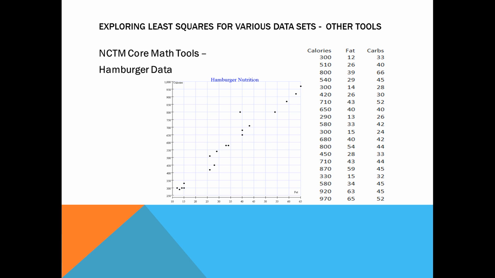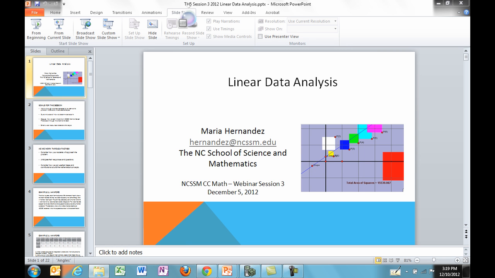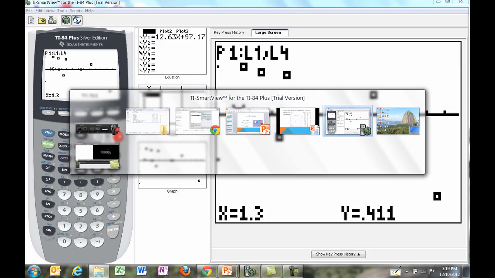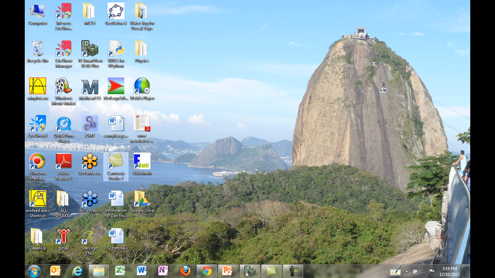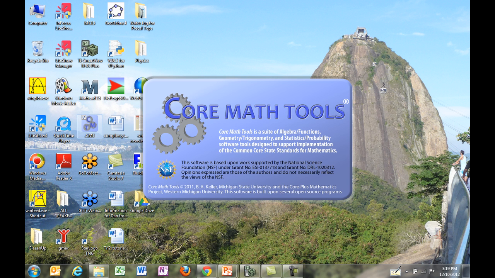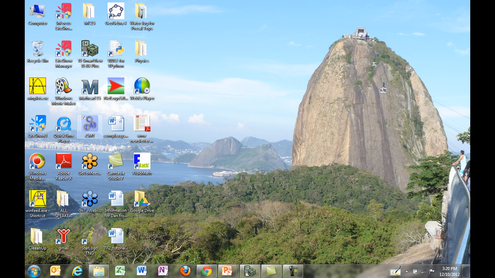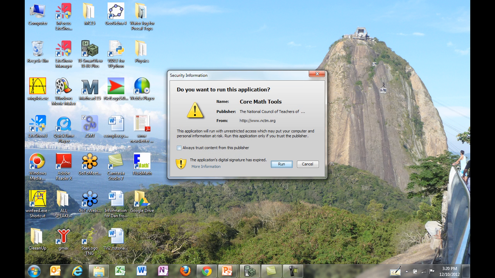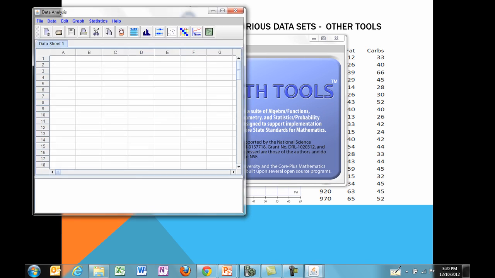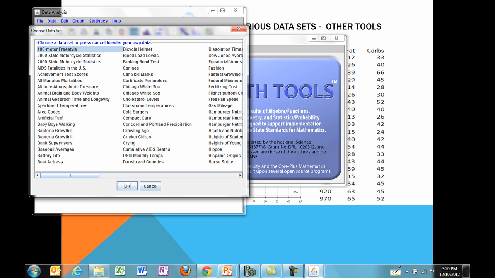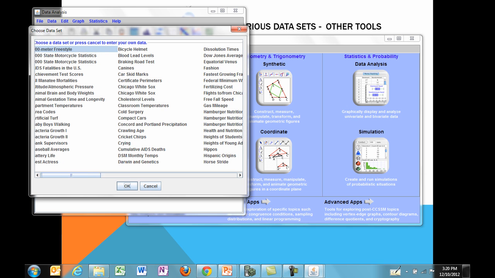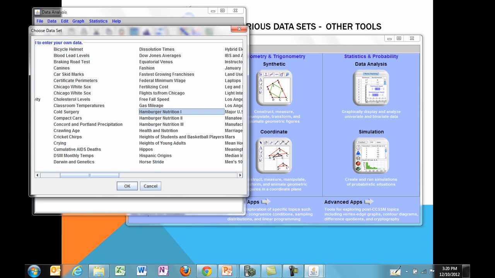Let me escape out of here, and I will see if I can just start up that tool. You can download the tools onto your own computer as well, but they're called Core Math Tools. Looks like they were funded through NSF. And when it comes up, you can access them from the NCTM site, and I have that link at the end, or you can, like I said, download it and run it off your own computer. What I've got here is, if I go to the hamburger data, this first one, and say OK, then it produces a graph,